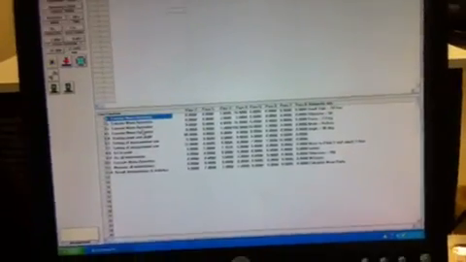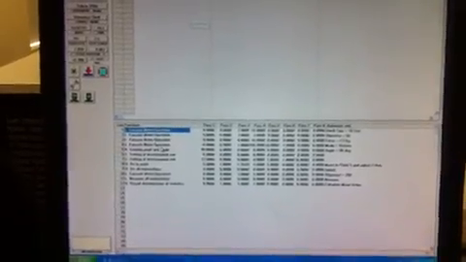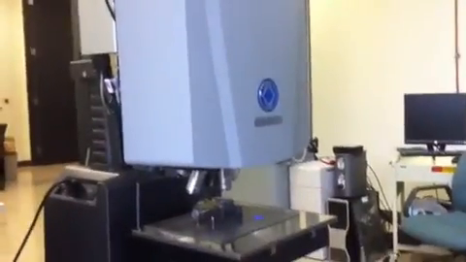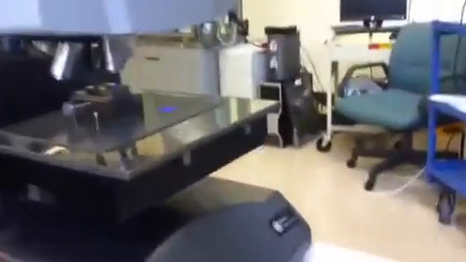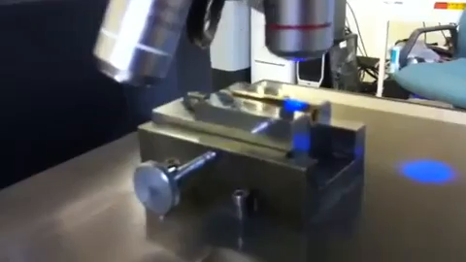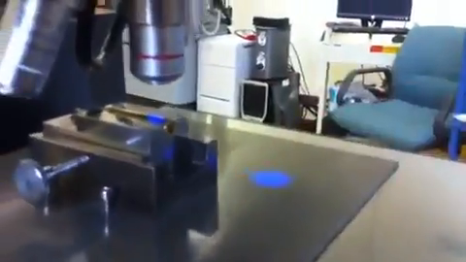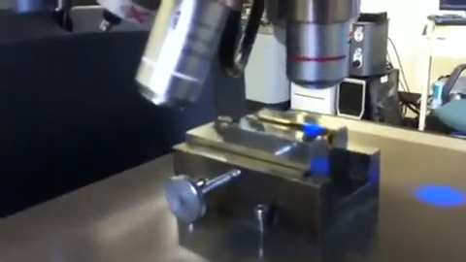We're here on the computer screen. We have a series of test functions that have been predefined by me as the user, in the software. This program is basically an instruction set to define 5 indentations. We're going to make 5 indents along this bullet shell. The tester will automatically adjust for the varying heights, the larger OD and then the necking portion of the bullet shell,